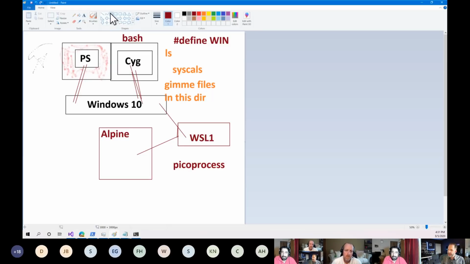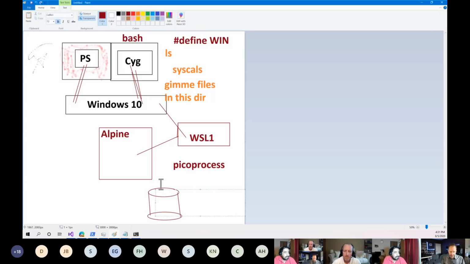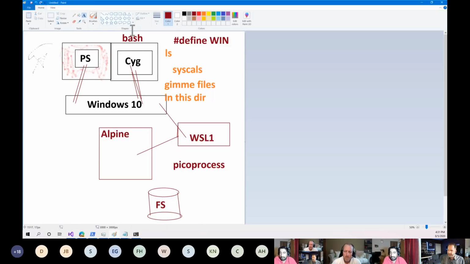So if I make a little fake file system here, this is my little file system, aren't I special? Database thing, there's my file system. And what happens is, where is the Linux file system? Where is the ext4 file system? Well, it's sitting on NTFS. So file system access to the Linux file system is actually like 10 times slower than native with this technique,